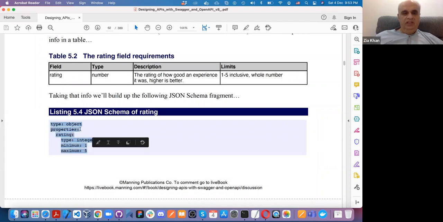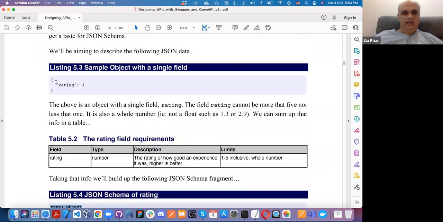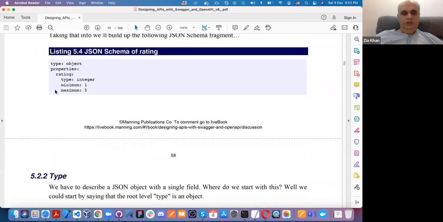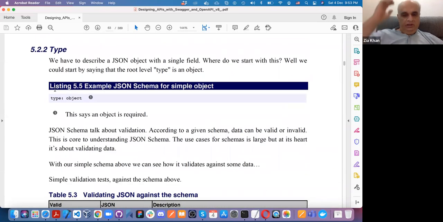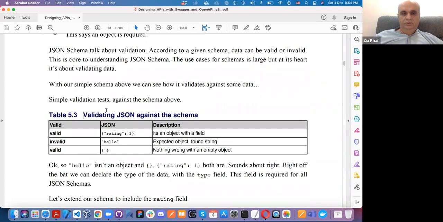But looking at this thing, you can easily understand that this can be one of the answers. Whether the response is valid or not depends on the schema. You validate JSON against the schema. For example, this is valid. This is invalid. This is also valid because rating was not required. It is an empty object.